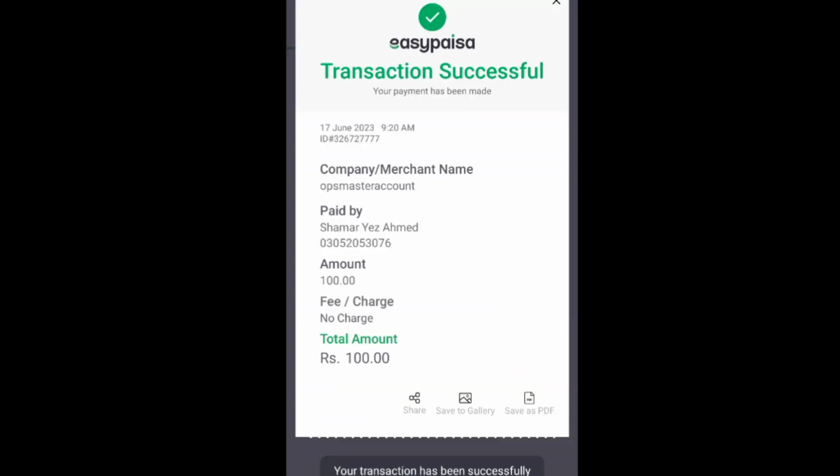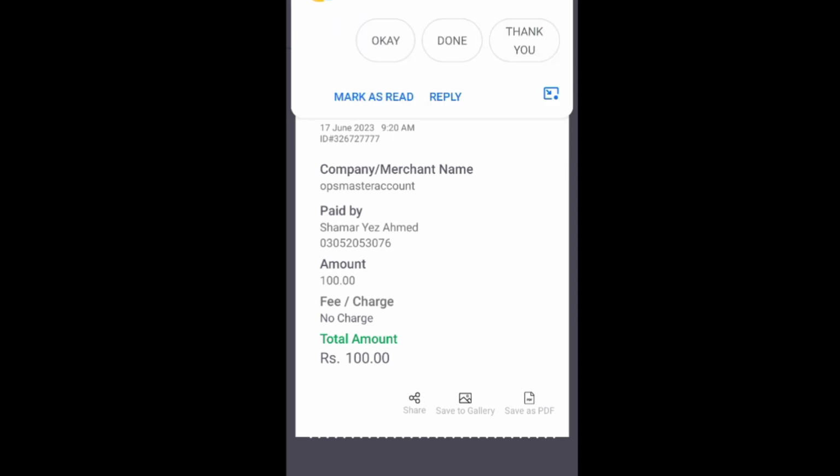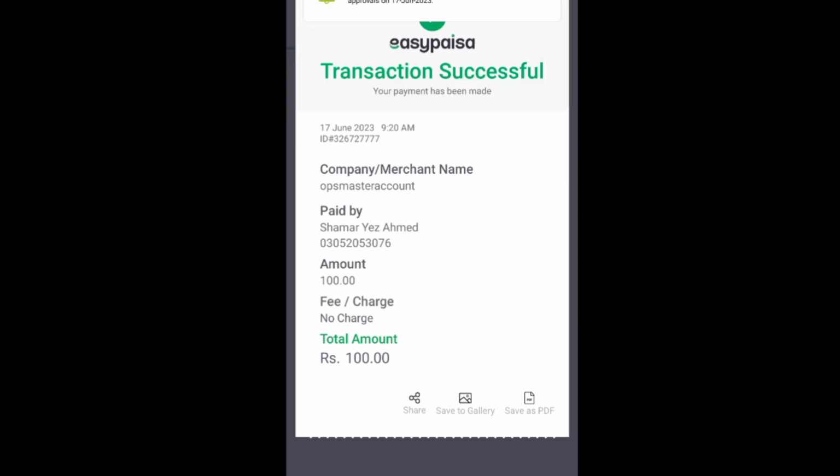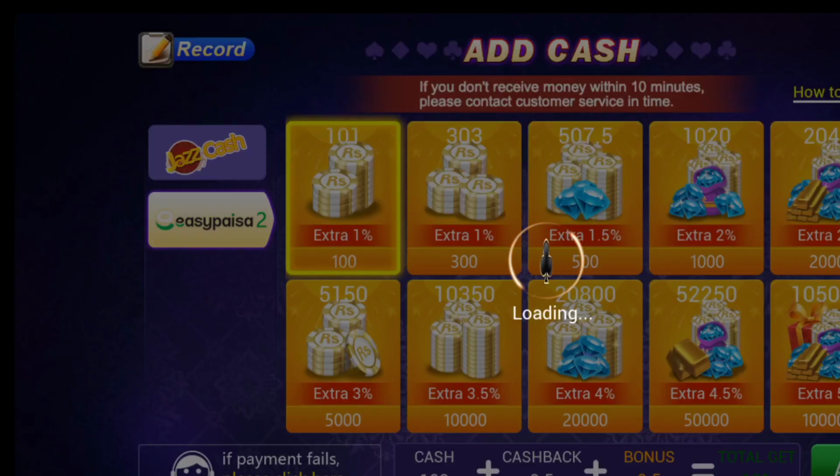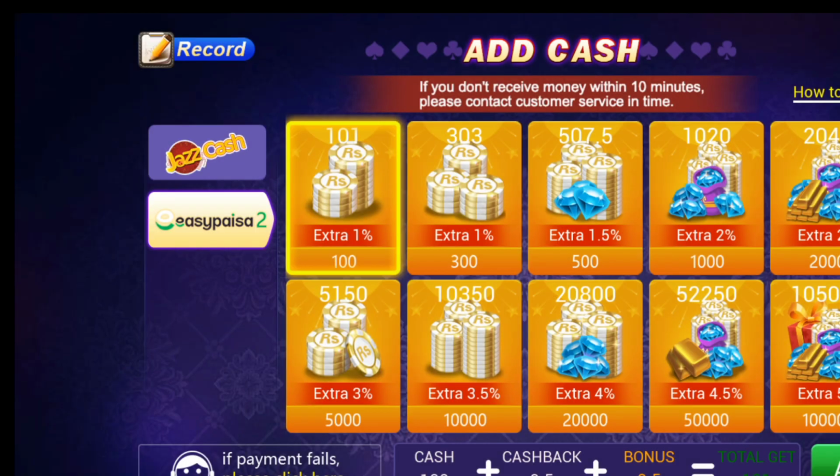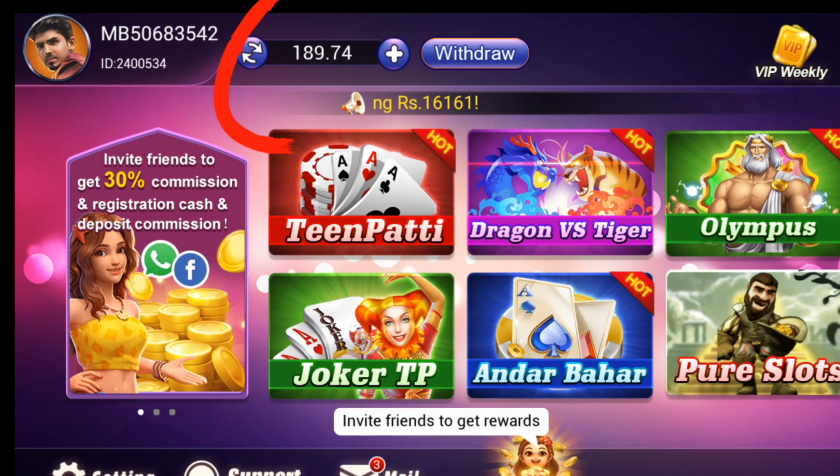So you see here the amount will be submitted. So go into the app again, open the app, and you see here the amount will be added in your account. You see here